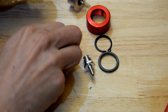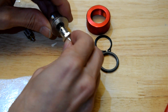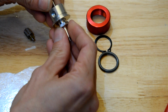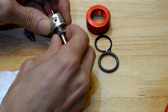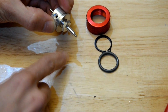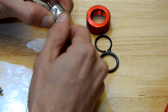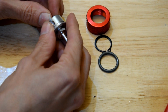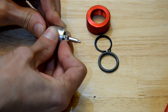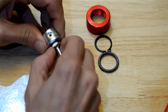Let me put this back together. When they put this back together, I don't know if it's necessarily that they've tightened it or it's been tightened too tight from the factory, or there's insufficient lube. See what's happening here, the pin there is sticking out the back. I'm tightening that up. Now as I tightened it, it made its way through the seal and it popped back up. But when it was down there, it was kind of jammed down there, and it can happen through either